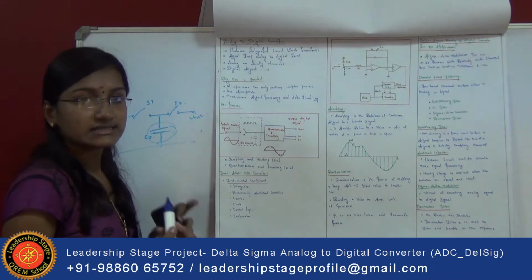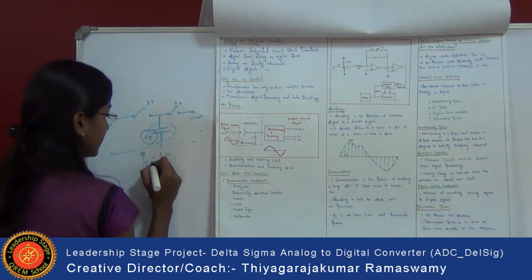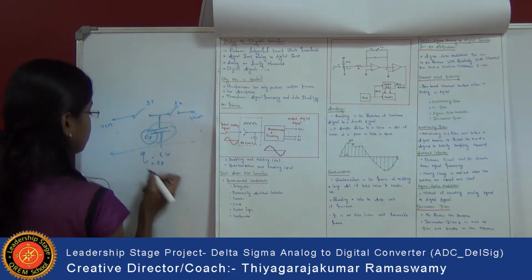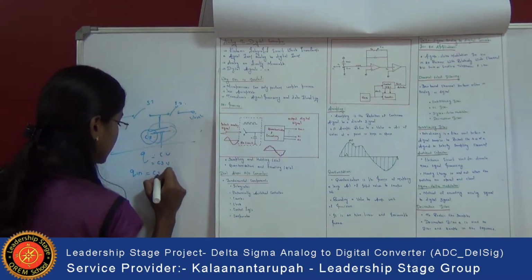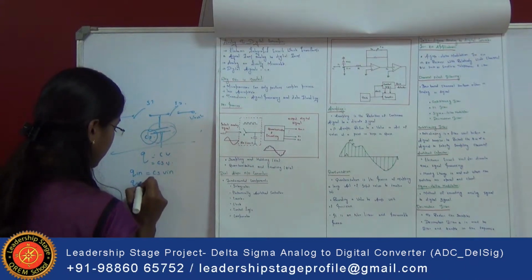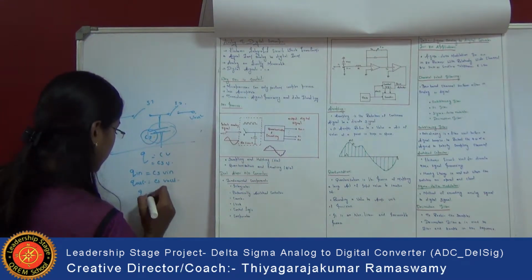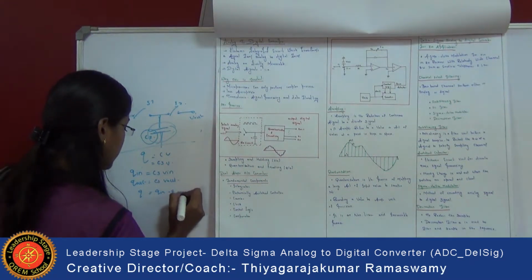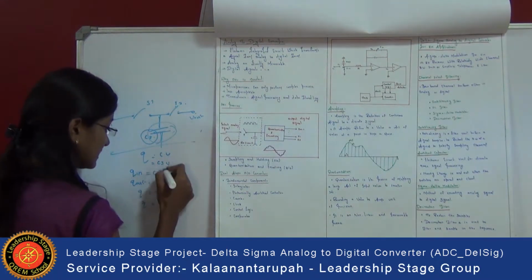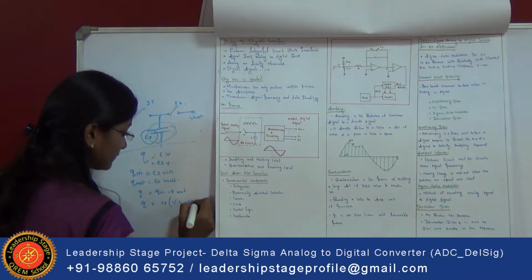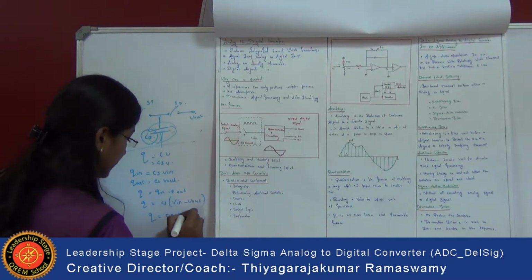Now we are going to take the charge as Q. We know that Q equals CV. Here I have taken the capacitor as CS and the voltage. First we are going to see Q in. Q input equals CS times V input. Q output equals CS times V output. So total charge Q equals Q in minus Q out. So Q equals CS, taking CS as common, times V in minus V out. So we know that Q equals CS times V.